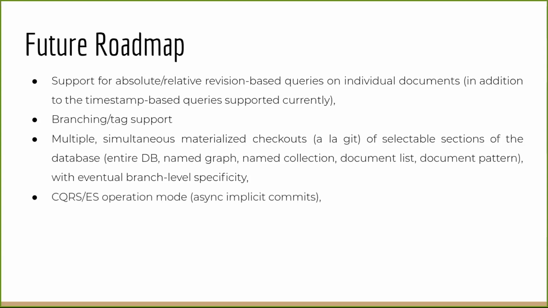Another thing called CQRS ES is just another fancy way of saying that I want to provide means through which users can update their nodes by directly feeding in the deltas instead of providing new versions of the node content and having RecallGraph compute the delta. Explicit commits: it could happen in some cases that some collections or some nodes which are meant to be tracked by RecallGraph get updated from external means. So RecallGraph's event log hasn't yet caught up to that change. An explicit commit would allow it to catch up in one single step.